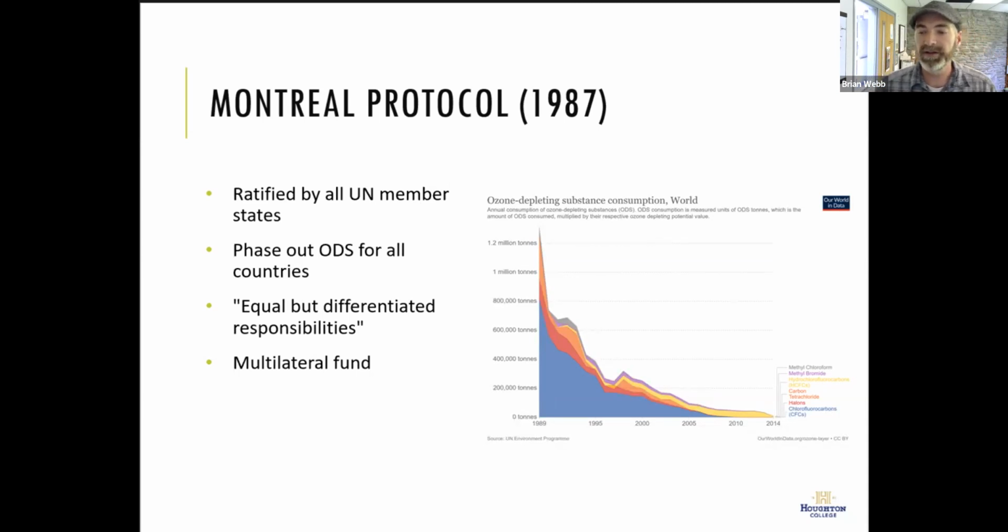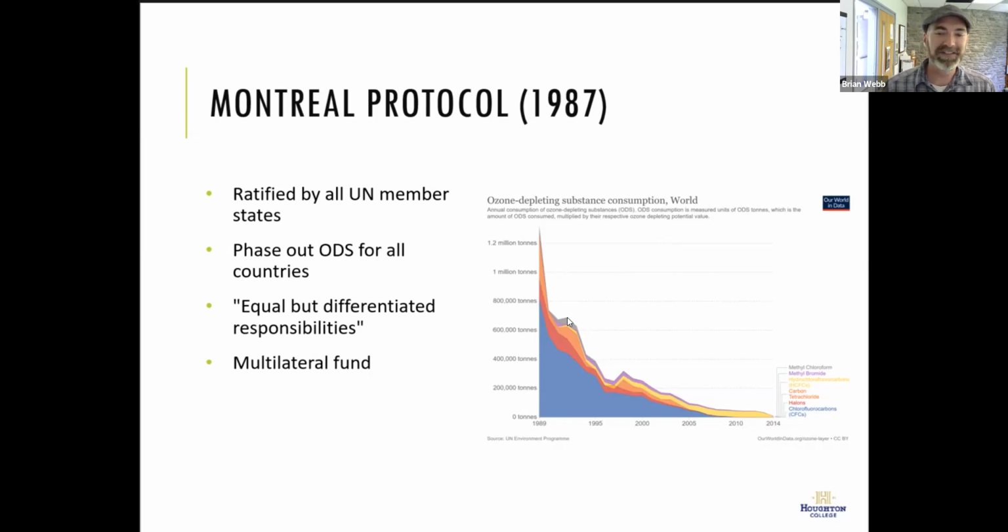Some strengths of the protocol, industry supported the transition. One of the keys to the success of the Montreal Protocol was that the chemical industry supported this, in large part because they had alternatives available. There were options for accomplishing the needs that chlorofluorocarbons had, but that weren't ozone depleting substances. And so we transitioned away from that. It also wasn't politicized yet in the way that global warming has become politicized today. The ozone hole was not politicized in that way. Fortunately, we recognized the problem and responded before it could get politicized. If only we had done that on global warming too.